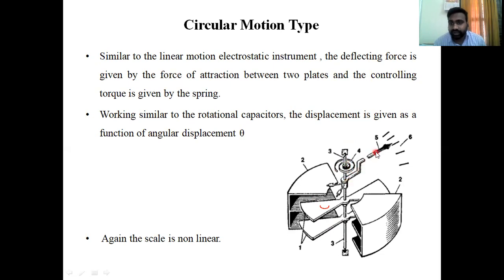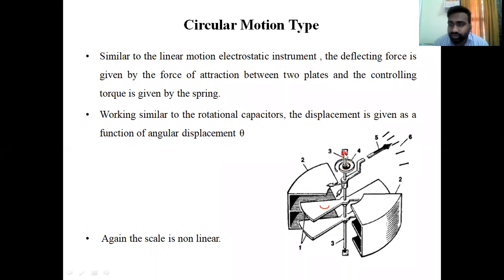And next we connected a needle here. This is the needle connected next to the spindle. Okay, this is the vertical spindle. In the vertical spindle we have connected two vanes. One is a fixed vane, another one is a movable vane. Okay, and this is nothing but the casing for the protection of the vanes from the outer atmosphere.